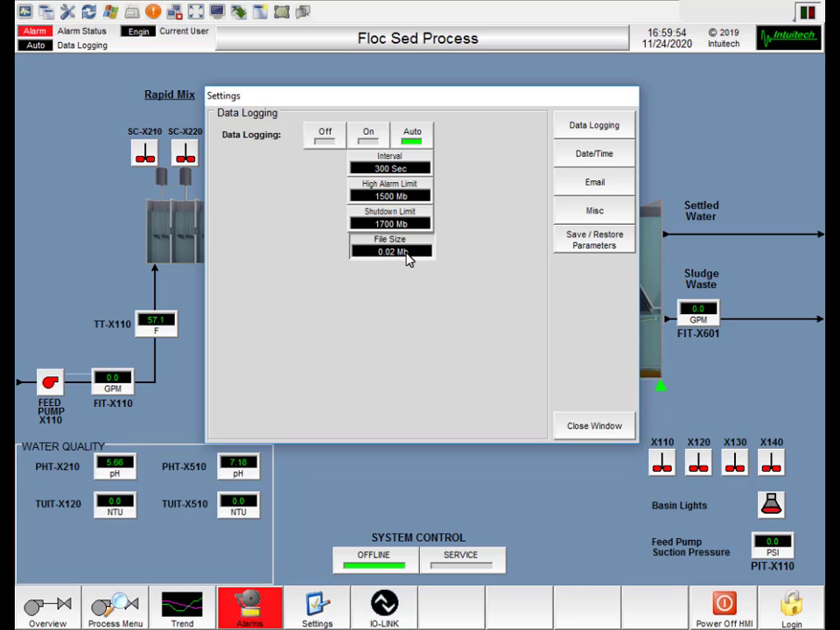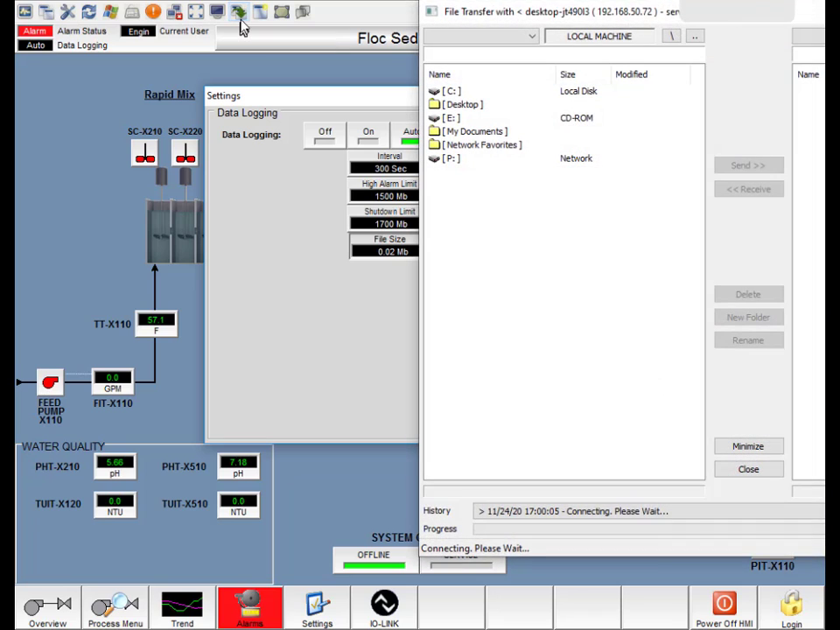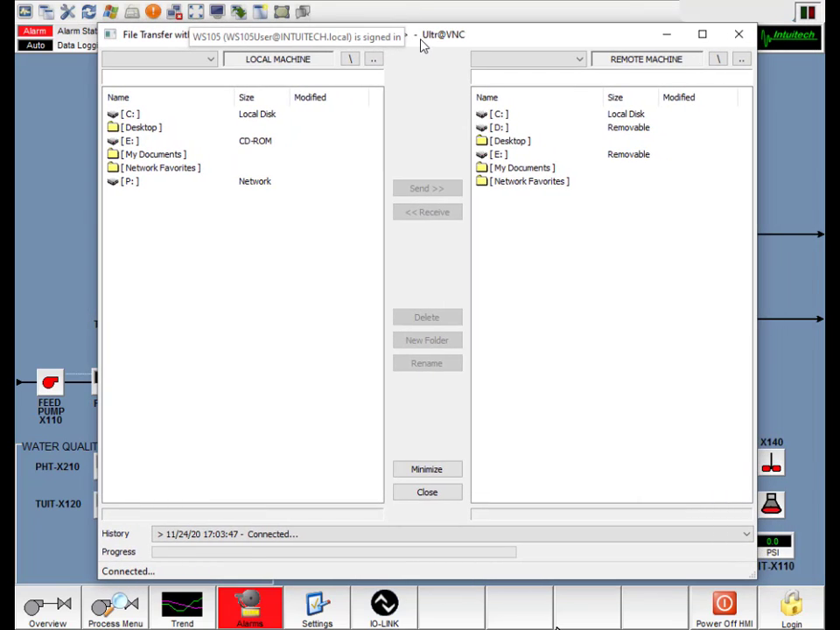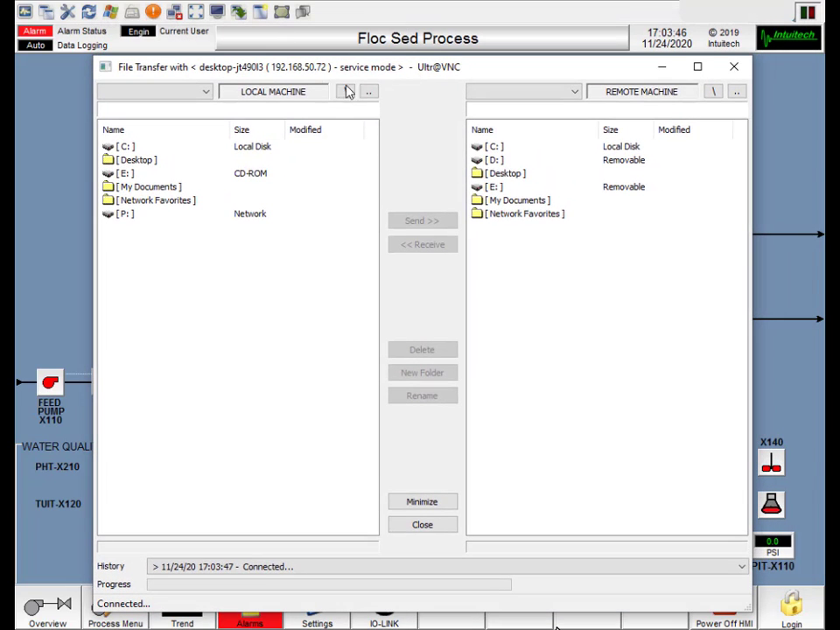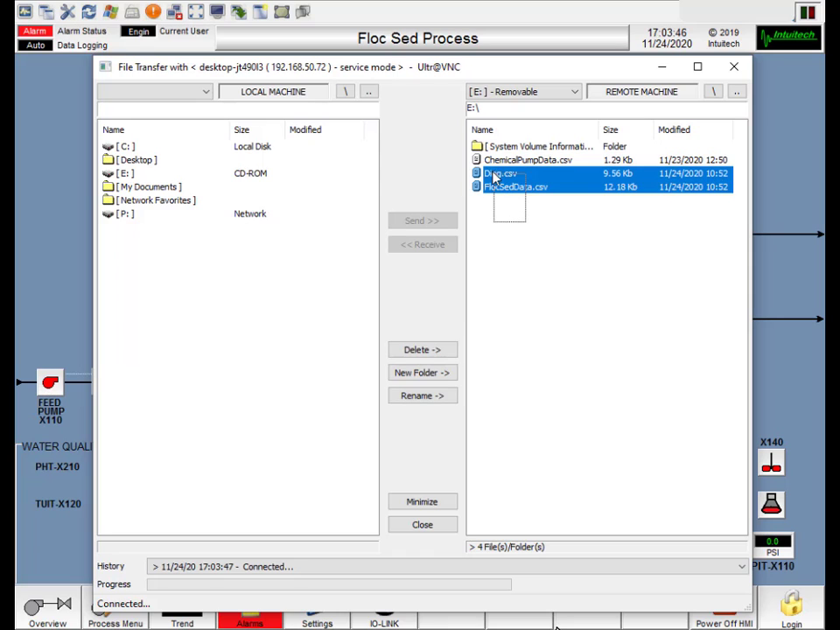When connected remotely, you will have this extra bar up here. To remotely access the logged files, simply click on this button. Clicking on this button will open up the file transfer window. In this file transfer window, on the left you will have your computer and on the right the HMI. To access the logged data on the HMI, go down to the E drive